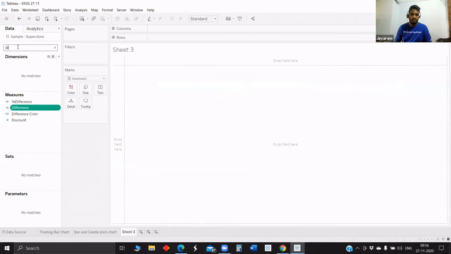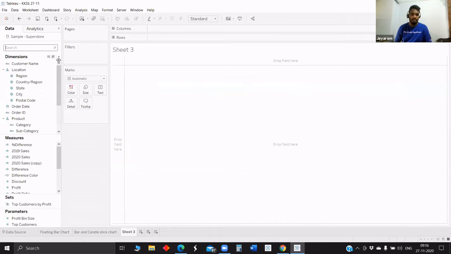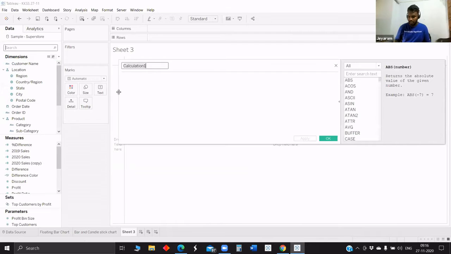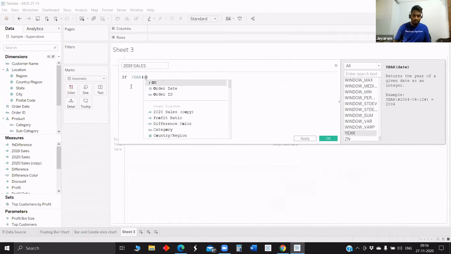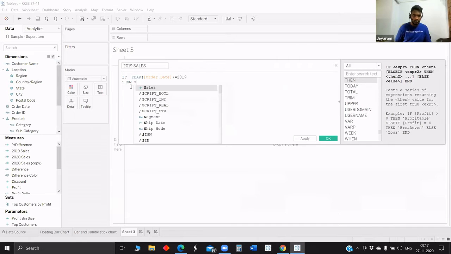So first we will start with the floating bar chart. Create calculated field. First we want 2019 sales. Order date is equal to 2019, sales. Then